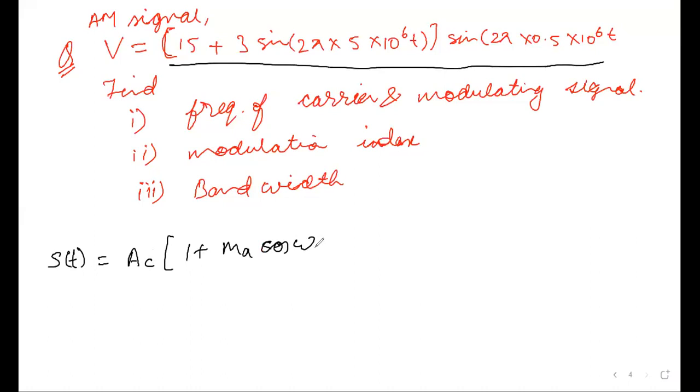cos omega_m t) cos omega_c t. We have seen this, right? Actually, I am not interested in the answer. Firstly, I'm interested in whether you are able to convert this form into this form or not. Firstly, you should know that this should be the form. So I think you have to join it again because time is getting over now.